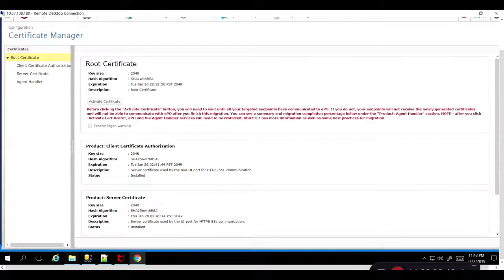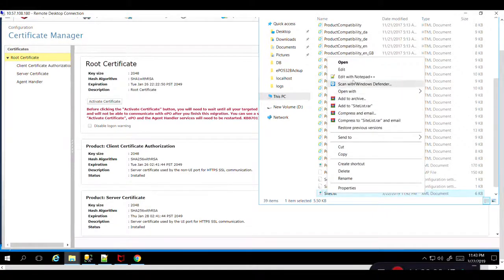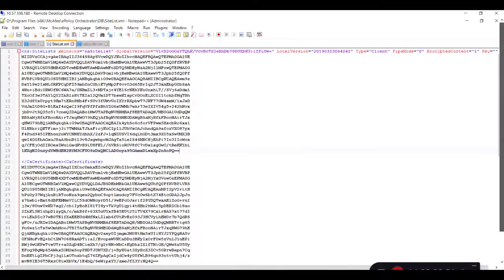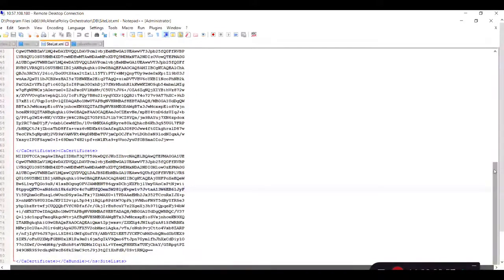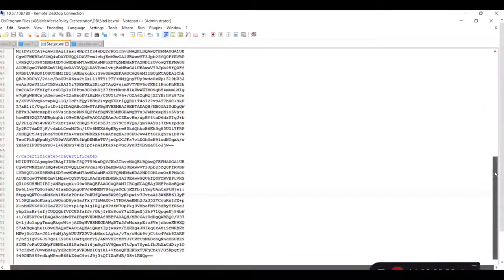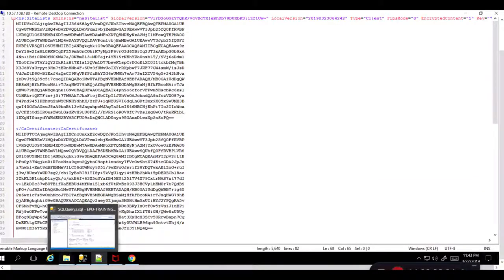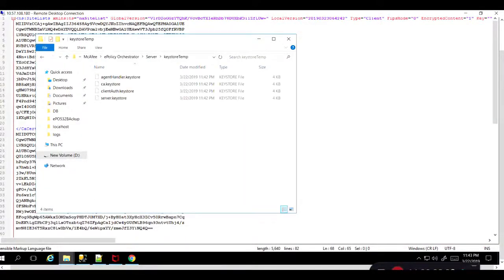Before going further, I will verify all the locations. You can see the modified date of the sitelist.xml matches that particular table which I explained earlier. This site list has been modified and two more sets of certificates have been added. You can see it now has four sets of certificates in this file. When I come back to the server folder, you can see the keystore temp .keystore files have been taken as a backup.